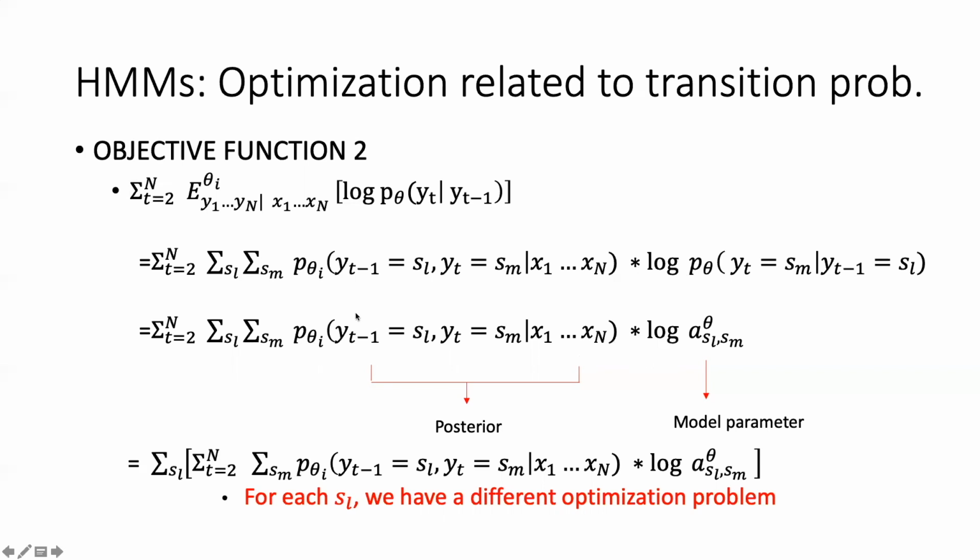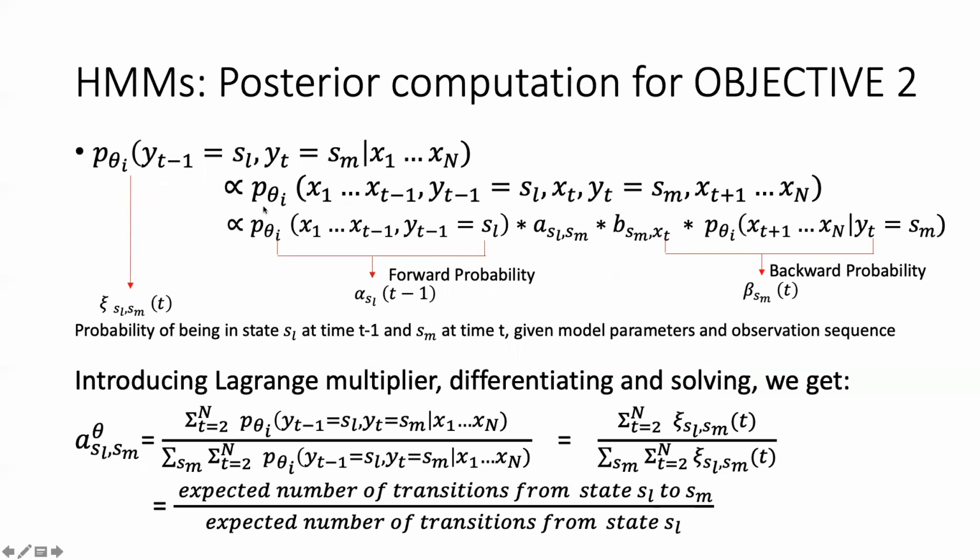Let's see what the posterior in this case looks like. Similar to what we did earlier, the posterior can be represented in terms of joint distribution, and then factorizing it in terms of forward and backward probabilities. We arrive at this equation, and similarly, if we normalize it,